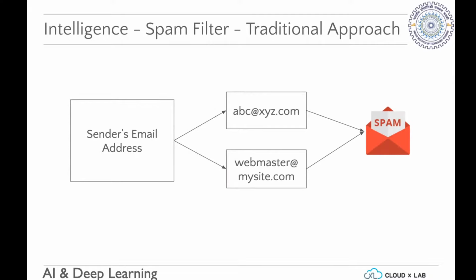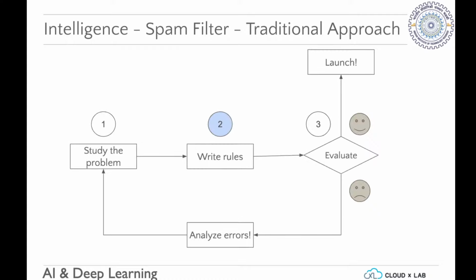In another way, you can say, I have this big data set of people who send me spam, a bit like Truecaller, for example, that looks up the person's address, the place where it's coming from, and highlights whether it's spam. If it comes from these addresses, just send it to spam, I don't want to see it. So after you study the problem and identify patterns, you write rules to do this.